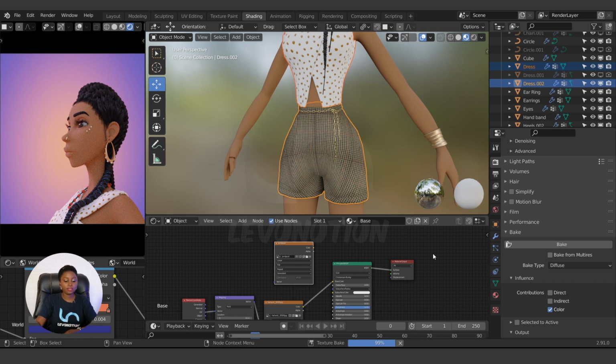So this is done. It's going to move to the next object. Yeah, so it's very fast. Now it has finished baking.